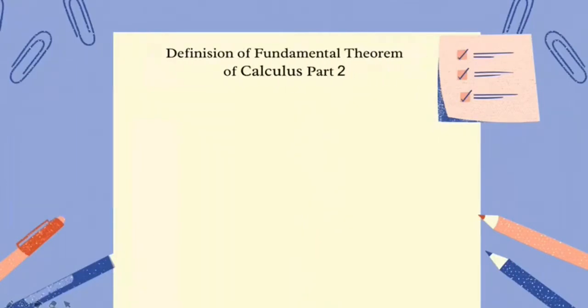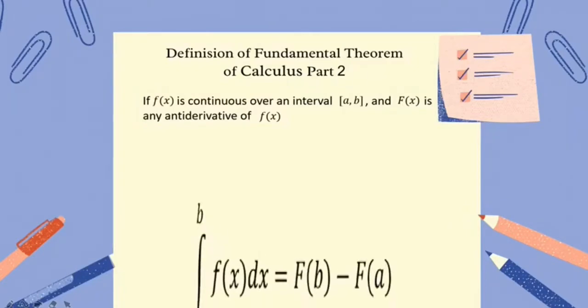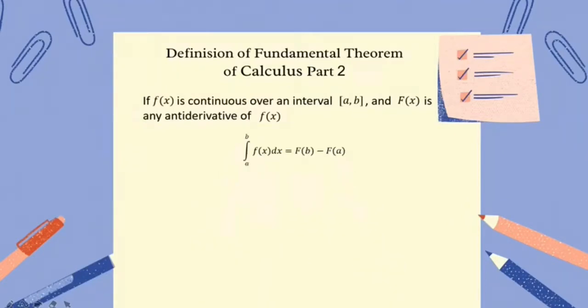Now go to the definition of the fundamental theorem of calculus in part 2. In part 2, f(x) is continuous over an interval [a, b], and capital F(x) is any antiderivative of f(x). But the formula is a little bit different here because we need to integrate the integrand first, and then substitute the values of the limits, which is capital F(b)